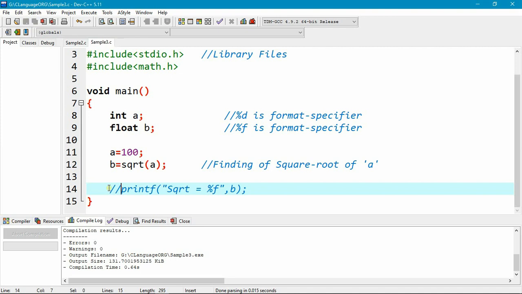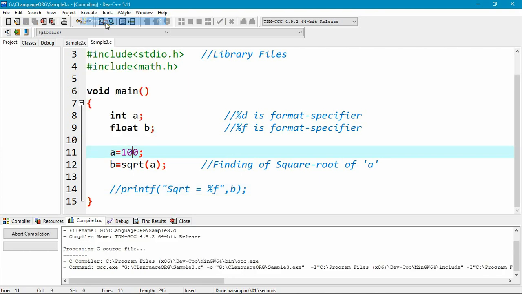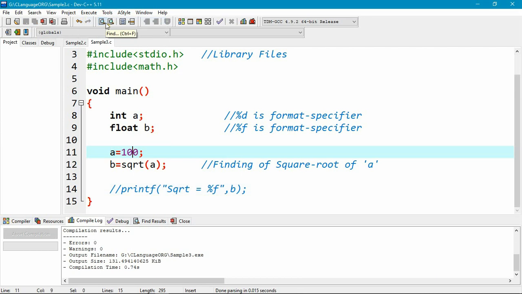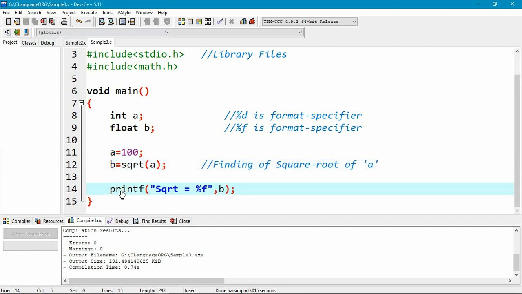So save the program and compile this. The shortcut is F9. Now when you compile this, we'll try to save it and compile. Okay, let's try to put a comment for printf, we'll not get any error. Okay, I'll put a comment for the header file stdio.h. So without the library file, I'm using printf.